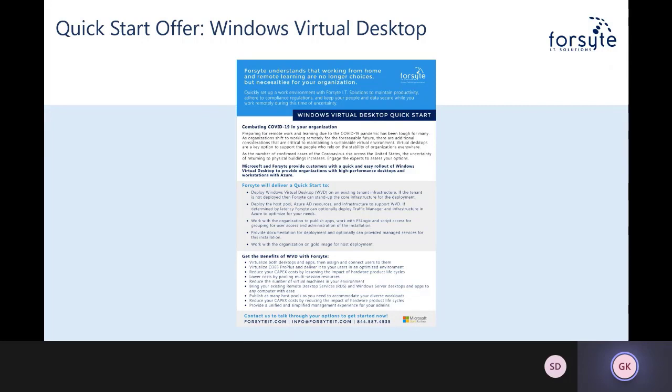And I think that one of the big things is you can reduce that overall CapEx cost that you have today. Move that to more of an OpEx cost. Look at what you define as part of those parameters for setting up WVD. And we just want to be there to help you,